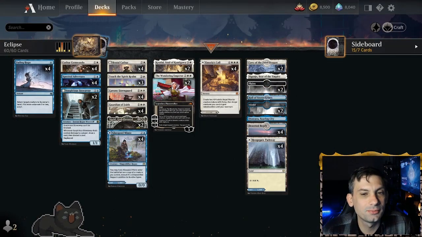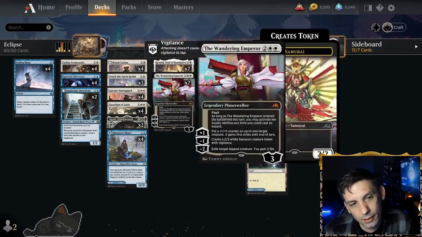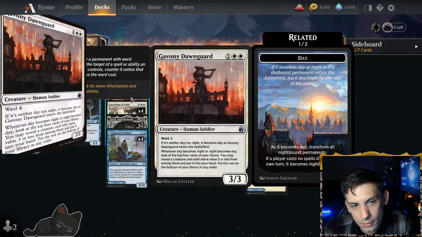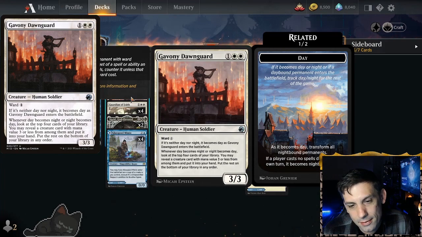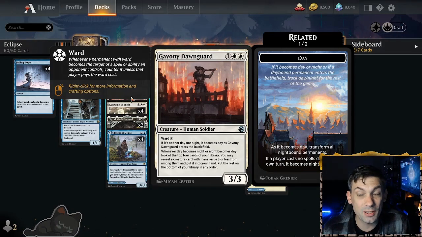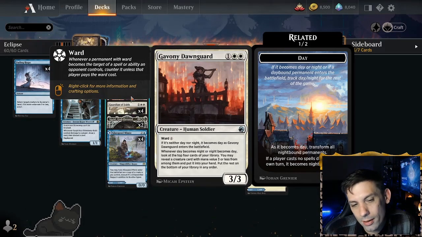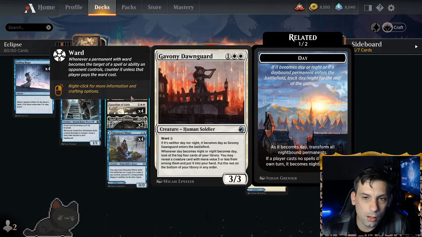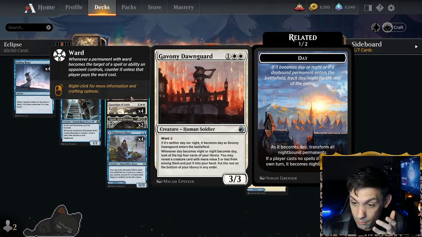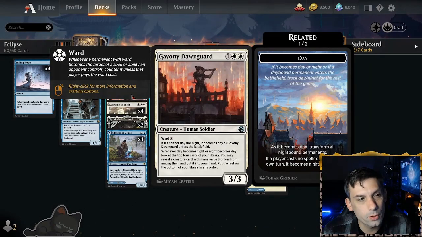What is this deck? First off, we've got the core of the deck, which is Gavony Dawnguard. So the idea is we play the Dawnguard on 3 when the ward 1 is very difficult to actually pay for most removal spells, especially if we're on the play, and we hope that it survives. If we can untap on turn 4 with our Gavony Dawnguard in play, we'll get a ton of advantage each and every turn because we're utilizing flash mechanics so that we can put